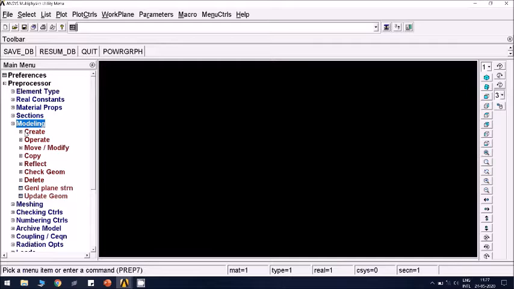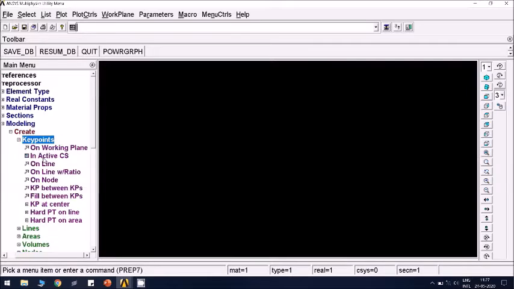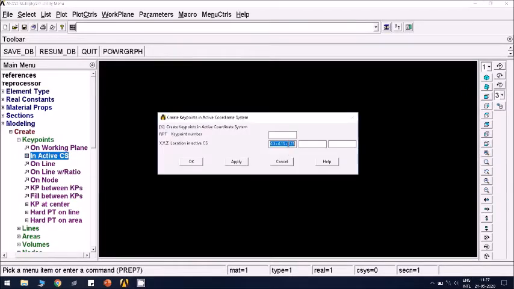Geometric model. Create key points in active CS. First 0, 0. Next 0.3. First layer of the wall is 0.3 meter thickness. Next layer is 0.15, so plus 0.15. Next layer is plus 1.15.